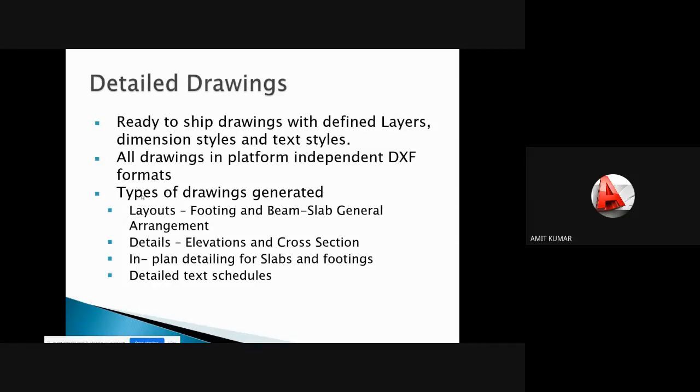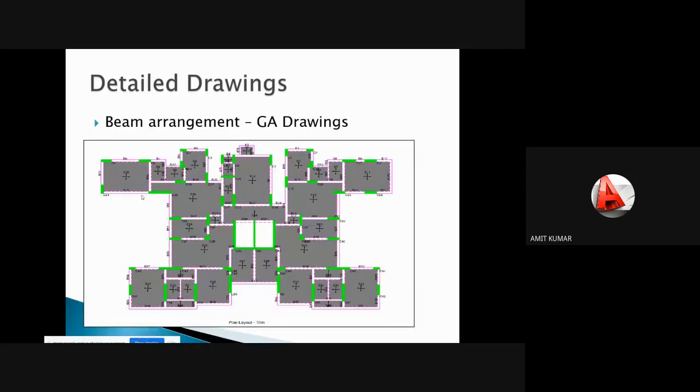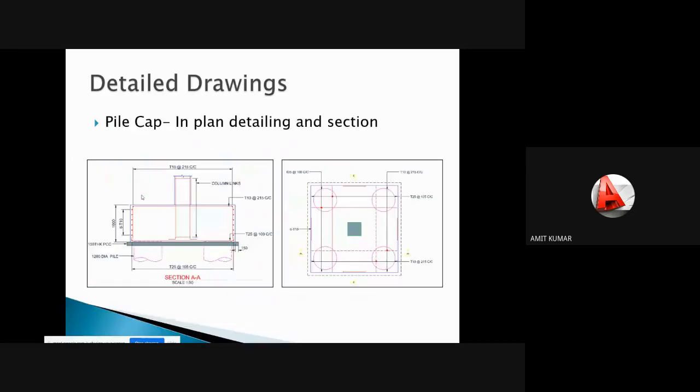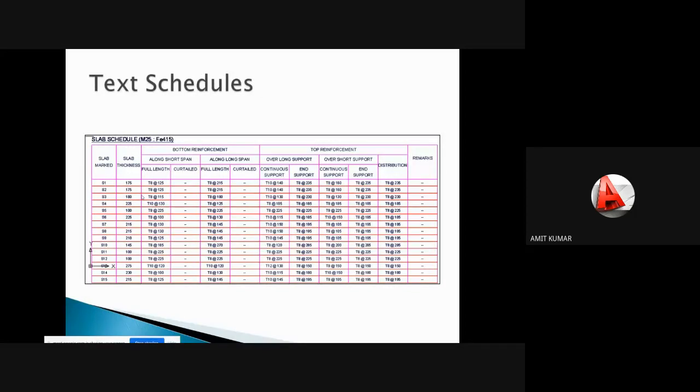You can print the detailed drawings also from the software like this. Currently you are seeing the footing drawings, just because in this PPT only the footing drawings were shown here. So that was the detail drawing of the footing, and it is the GA drawing of the footing, and it is the schedule files. Here in the schedule you are seeing the editable schedule, editable tabular reports. So you can edit the files from here also, and you are seeing the details in a table.